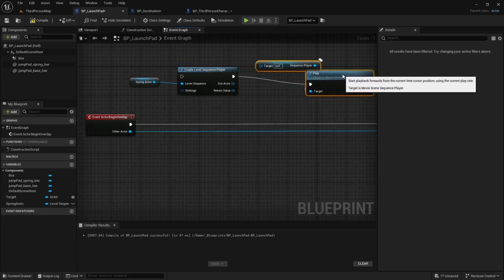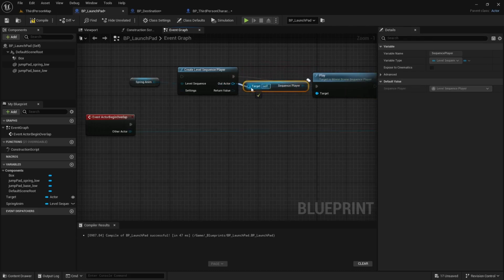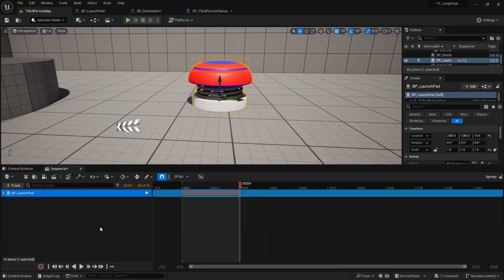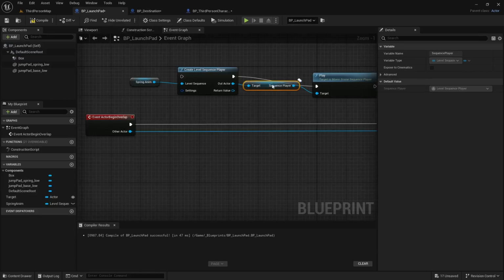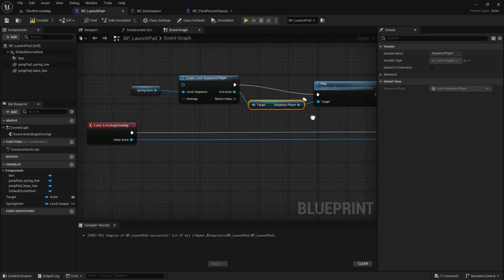When you do that, it'll add this weird little node here. And this node, you're just going to take the out actor, plug it into the target, and then it'll pass it through so it knows which animation to play. Because on your sequencer, you can actually animate multiple things, right? So just because you animate like 30 different items doesn't mean they all play at once. You can dynamically pick which ones. Just save them as different sequences basically, and then target them directly. And then just like that,